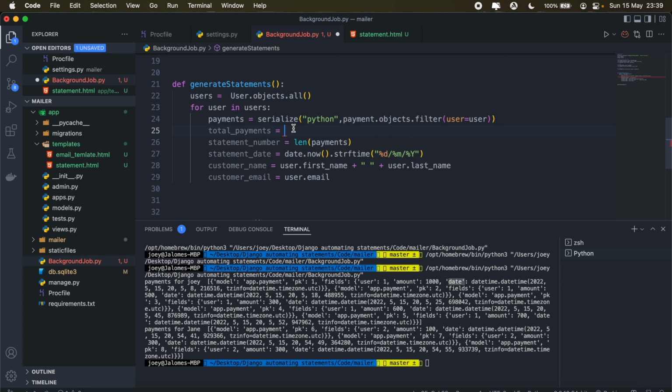so to get the total payment made by the user, I'll just run this filter once more, and then I'll use the Django aggregate function. If you're not familiar with aggregates, be sure to check them out in the Django documentation. Basically, I'm going to filter the results from here to get the sum of the payment field. So to do that, I'll just say aggregate, and then I'll say sum, and the field that I'm looking to aggregate is the amount field. So if I just print all of this out,